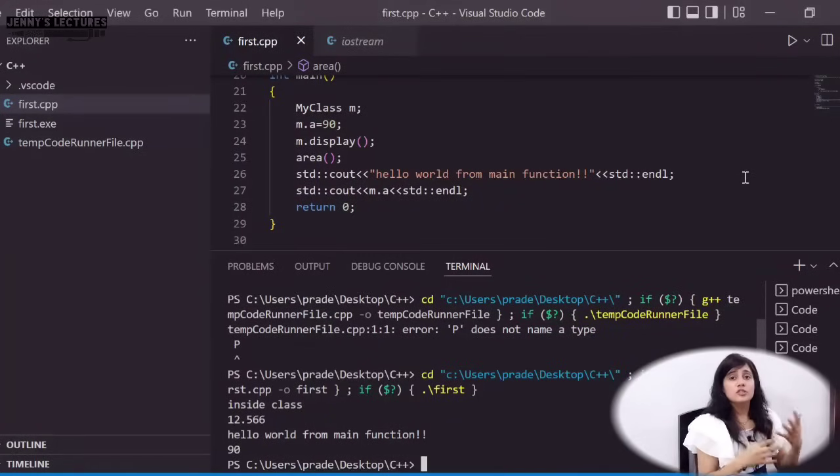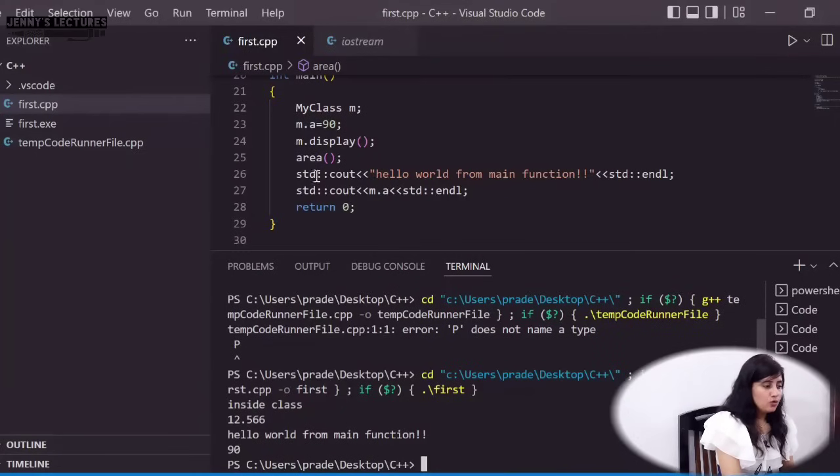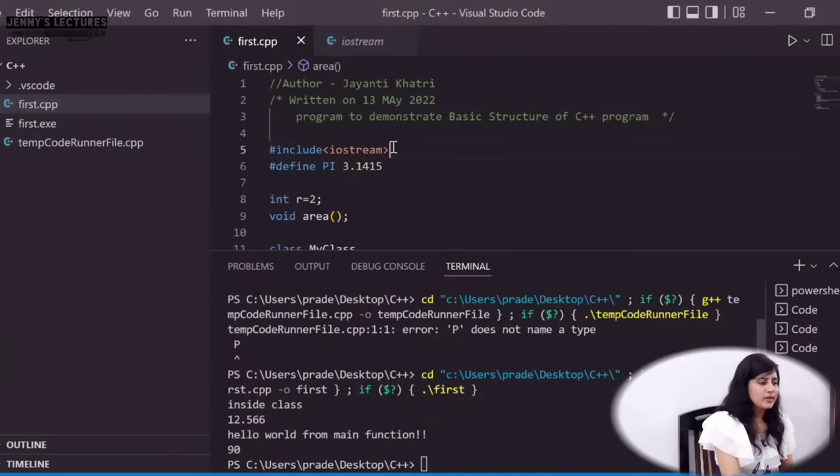So, this is a program which has all the sections, but all these sections are not compulsory. You have to include only the link section and the main section. If you do not want to use std again and again with cout and the like, you can simply write down here